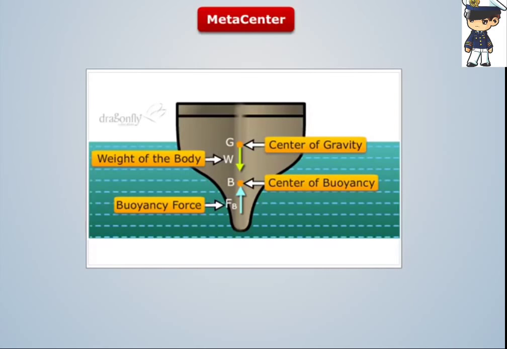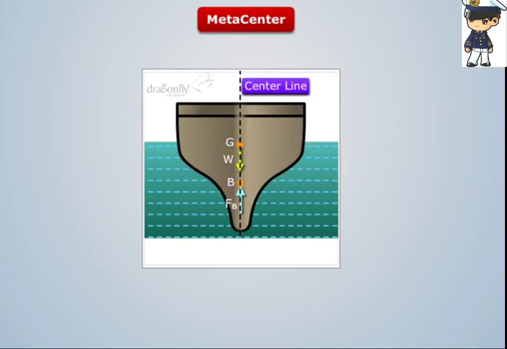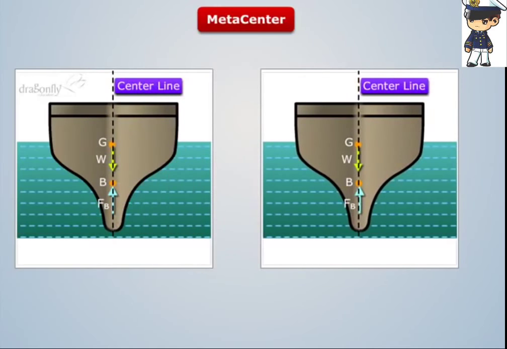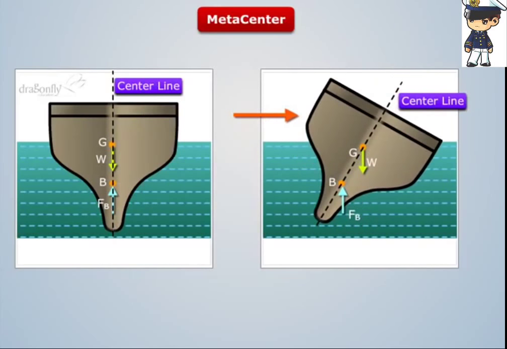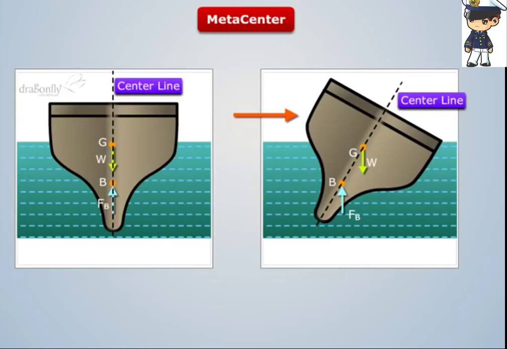Now, for a floating body to be in equilibrium, the buoyancy force should be equal to the weight of the body. Also, the center of gravity and the center of buoyancy should lie on the same vertical line, called the center line, BG. Now, if a body undergoes an angular displacement, say in the rightward direction, then we see that the volume displaced is larger in the right side. Thus, the center of buoyancy shifts towards the right from B to B',